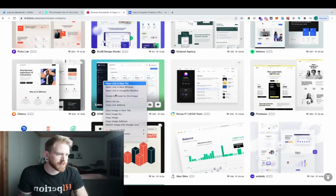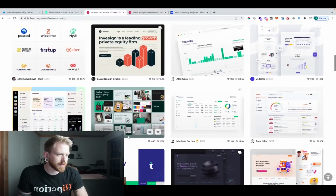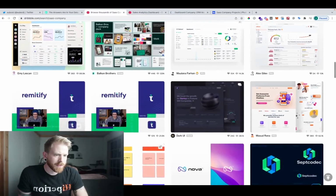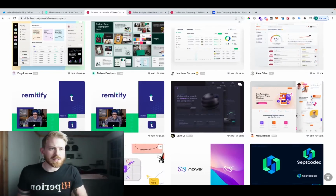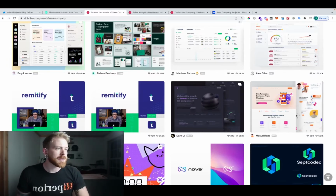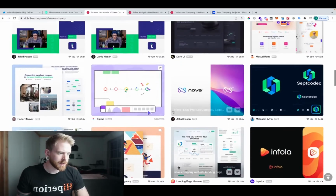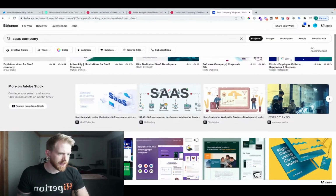I kind of like this dashboard. Pretty simple, pretty straightforward, so maybe I'll play off of that. This dashboard's pretty cool. The internal dashboard that a client is going to be able to log into and see all their metrics is going to be coming up pretty soon in the design workflow. So let me look over at Behance, see if they...